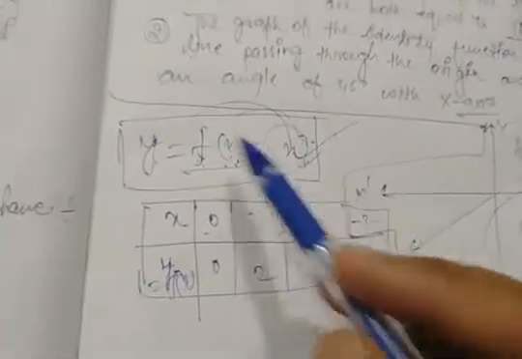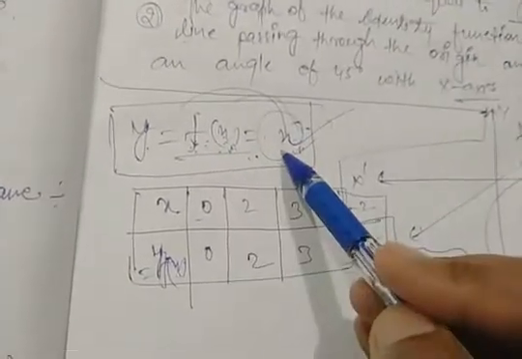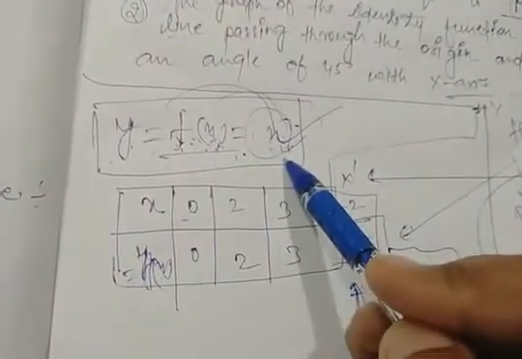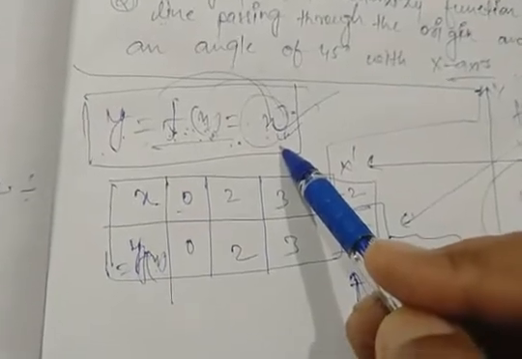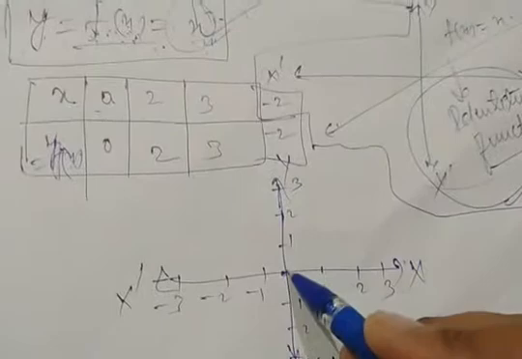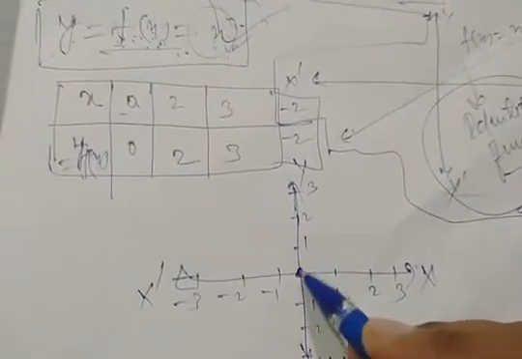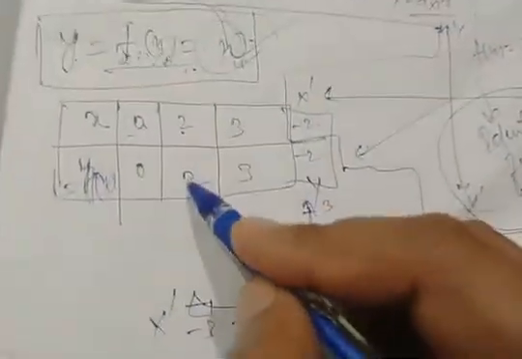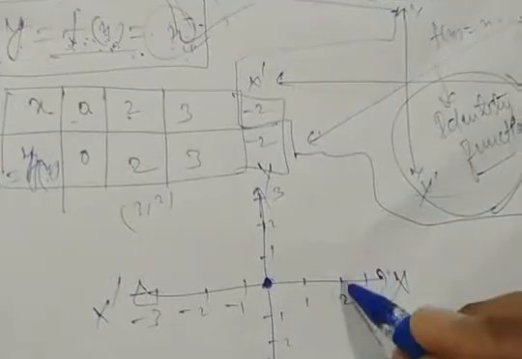Okay, domain and the image are the same in that type of function. Okay? So let's see on the graph. We put 0, then we get y is equal to 0, so (0, 0) lies at that point. Now if we put 2, then we also get 2, that is the ordered pair (2, 2).